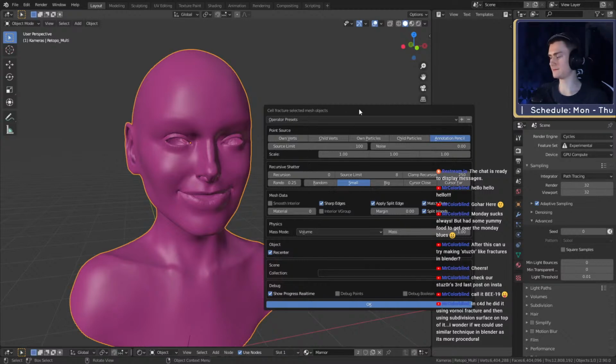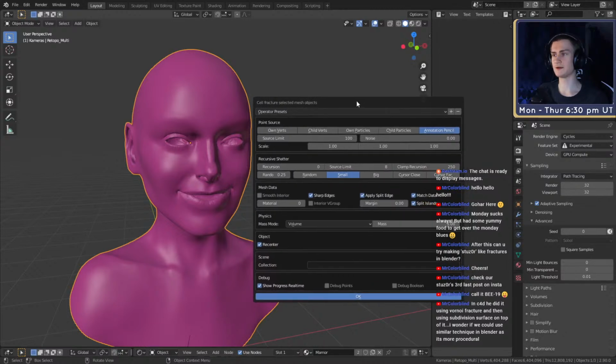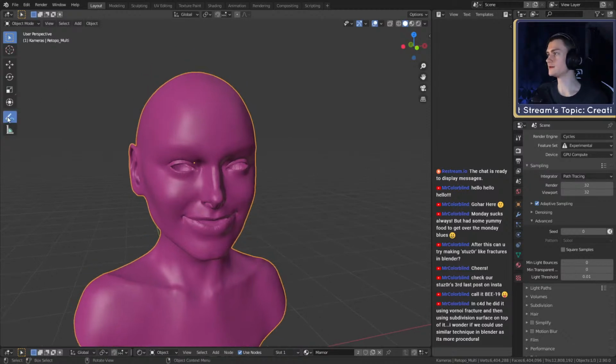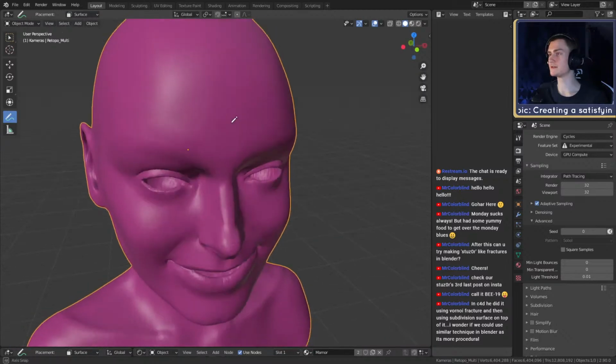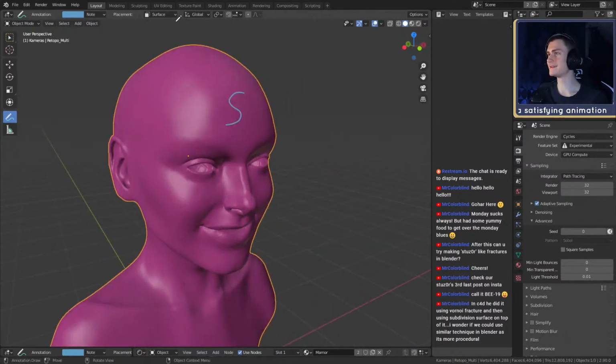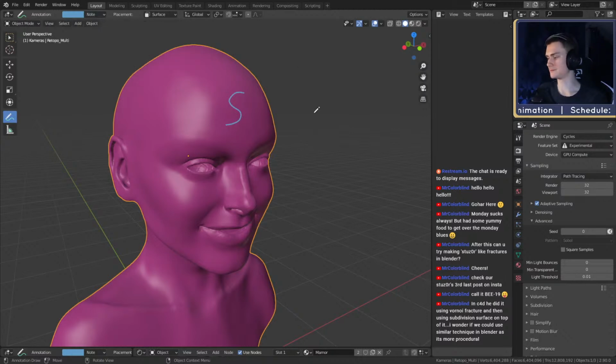Yeah, so this technique I think also uses a Voronoi texture to create a cut. Let's see what happens if we just say annotation pencil, for example. Let's first of all draw in here. We use the annotation pencil, put that to surface. Now we can put an S in there, and it's on her forehead.